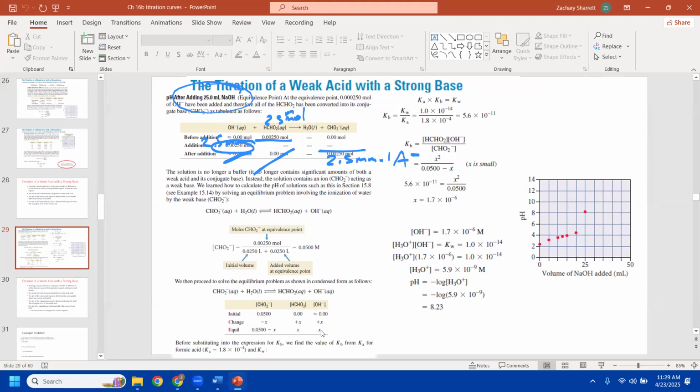Ricardo, remember for a strong acid, strong base last time, what was the pH at the equivalence point? Well, when all of the base neutralizes all of the acid, we have no net H plus and no net OH minus. So what's the pH at the equivalence point of a strong acid and a strong base? Bryce? 7, right? And then remember I tricked you and asked what's the pH at the equivalence point of a weak acid and a strong base, and you said 7, which is what I wanted you to say,